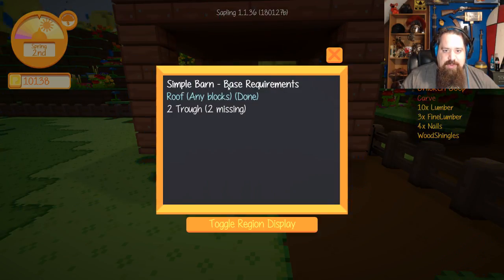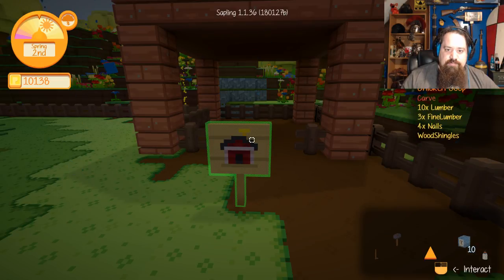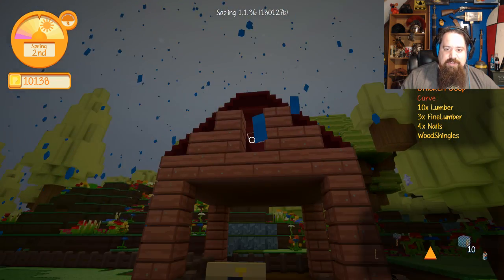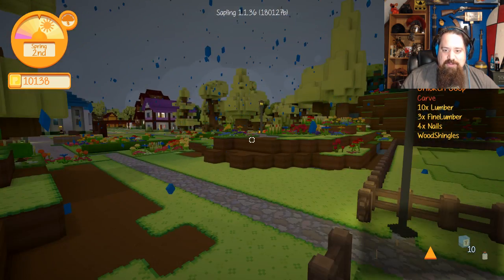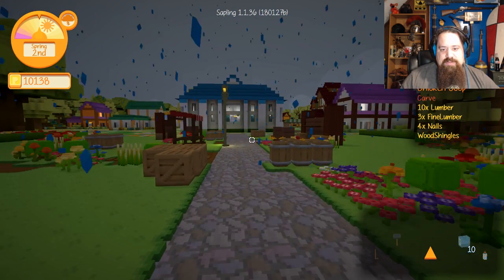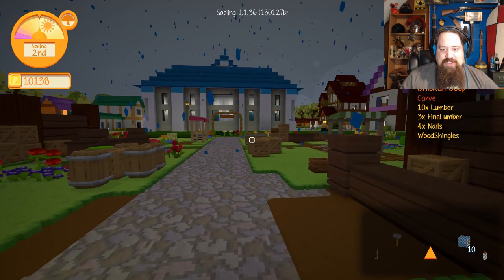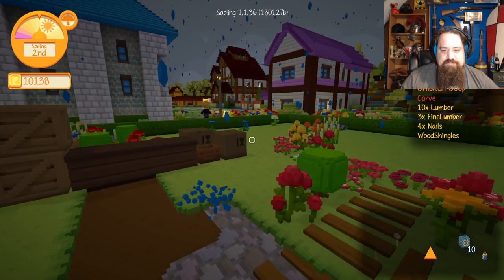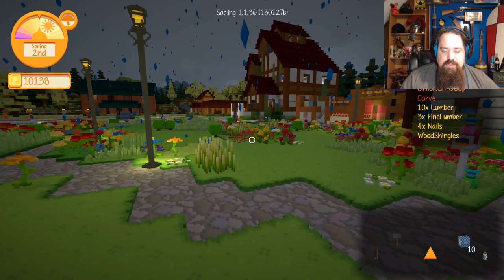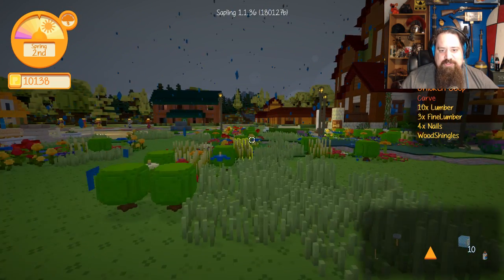So the simple barn requirements: is any roof blocks done? I built that ahead of time when I had the infinite time available. And 2 troughs missing. I need troughs. Okay. And yeah, I did put a little barn loft up there, just for the building's sake. Alright, she said come back once that was done, so...